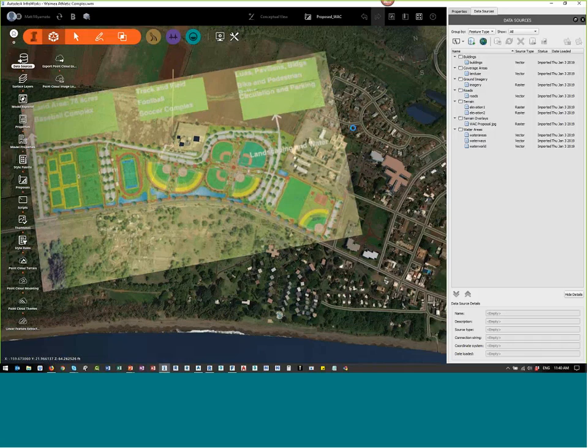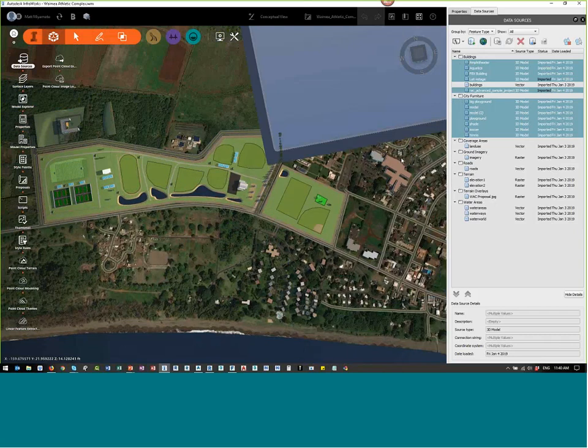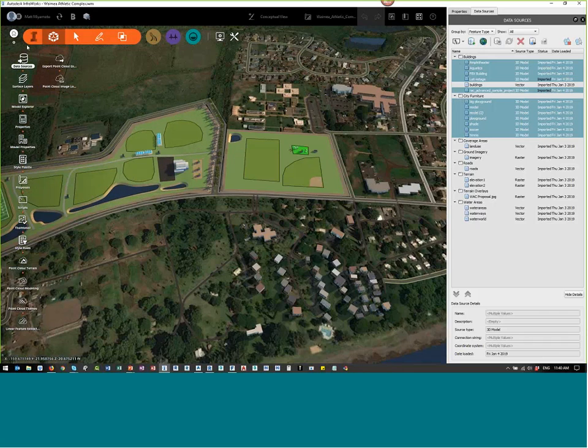So each time I develop a newer set of content, I try to organize that as best as I can from proposal to proposal. So this is the full, now developed out complex that I have started to create using the tools inside of Infraworks. And in this case, I still have the image in the background, but I turned the image off. But if I went ahead and I turned that back on,